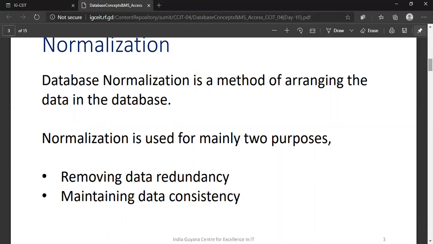If you have a table that has 1000 records, and out of those 1000 records, you have 50 records which are duplicated, you have to remove those duplicated records from your database so that you can make your database clean and fresh,